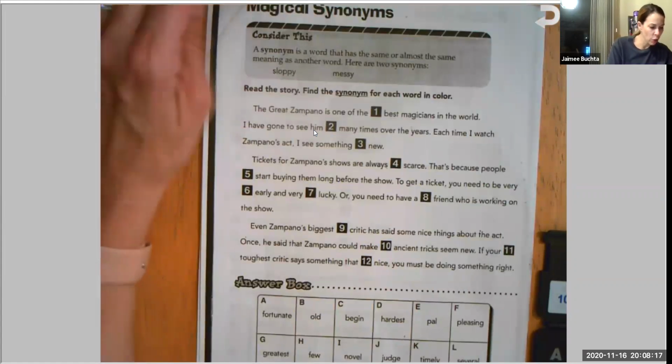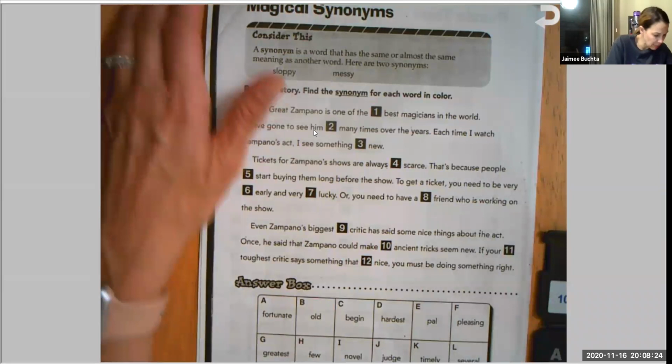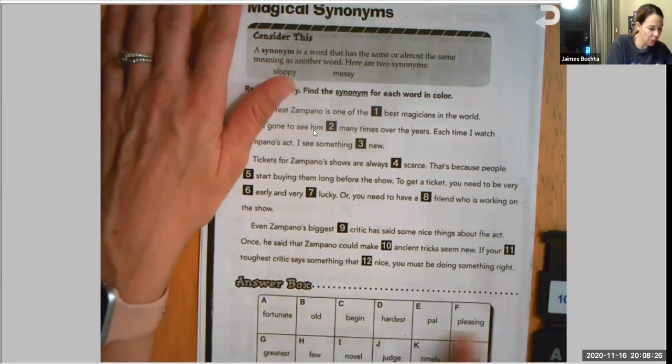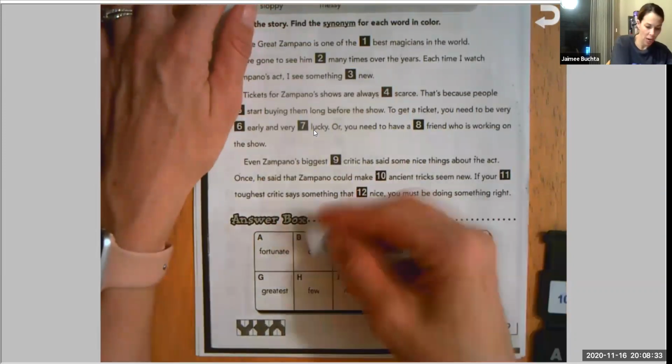Tickets for Zampano shows are always scarce. Scarce must mean hard to come by, maybe. So let's see. Scarce. Tickets are scarce. I see the word few. Tickets are few. I'm going to put number 4 on H